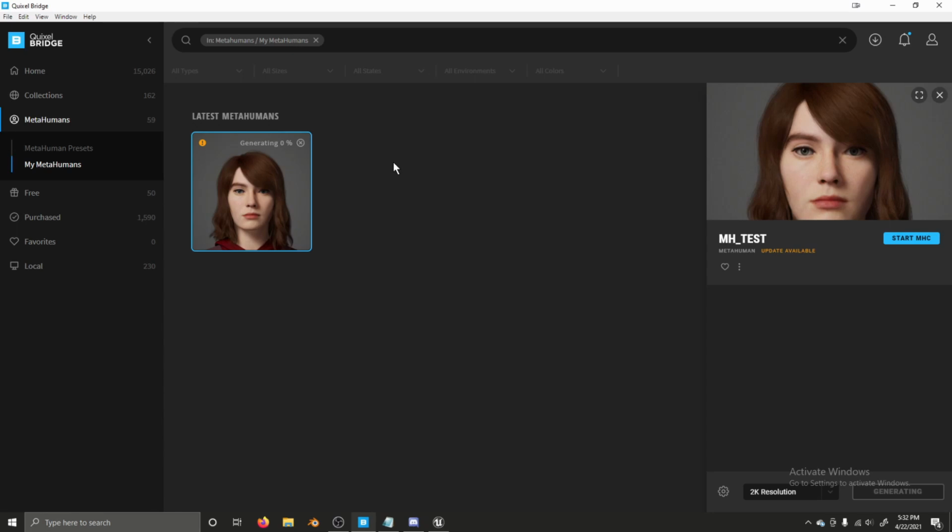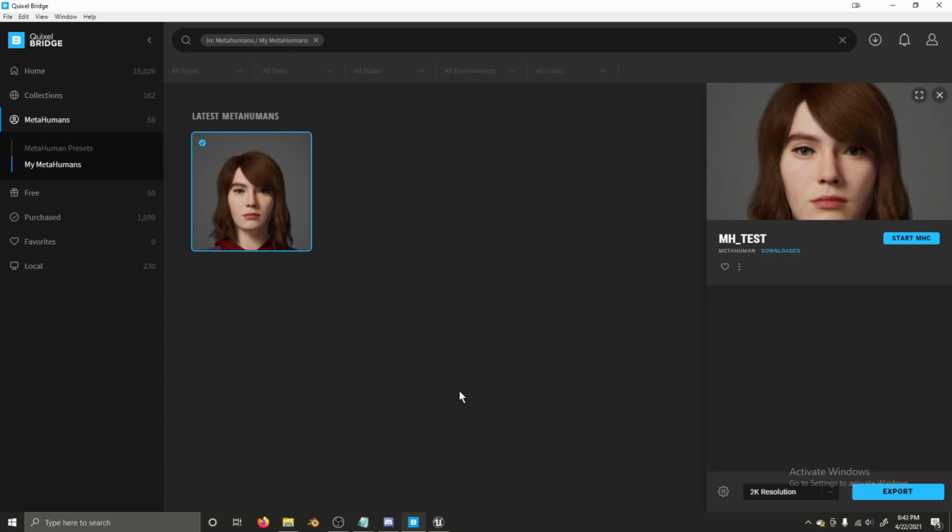When I first got access to the MetaHuman creator, it took a couple hours to get it past 0% because I think Epic was just trying to really get their servers and all that stuff figured out and optimized and ready, and there are a lot of people trying to download MetaHumans. It usually doesn't take that long right now, and there shouldn't be any problems when the MetaHuman creator has its official release. I'm going to go ahead and cut the video, and I will meet you again once this is